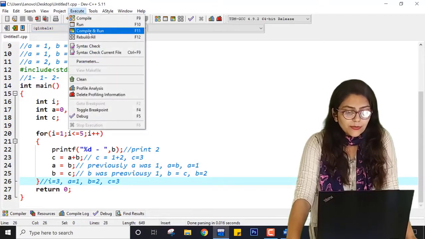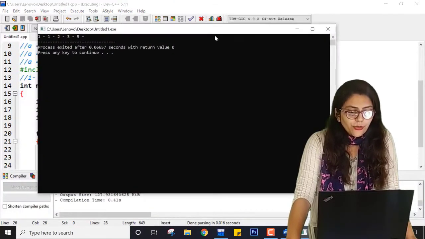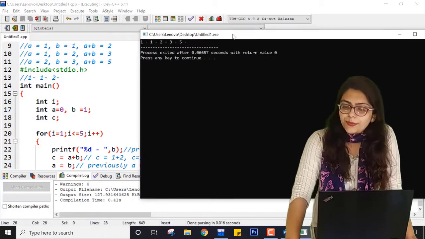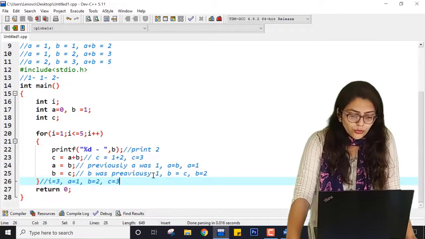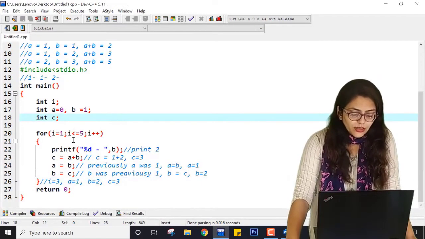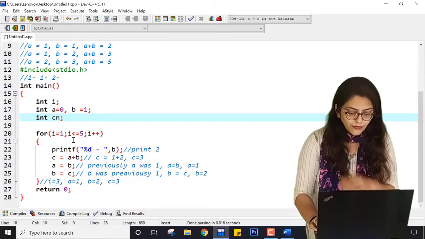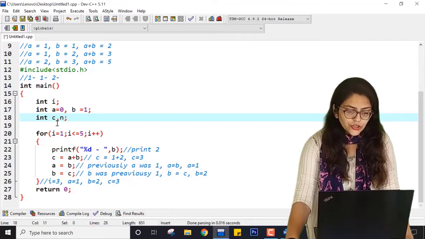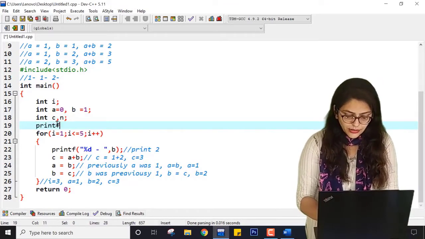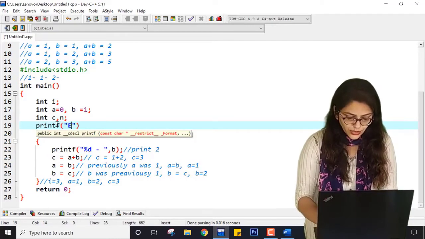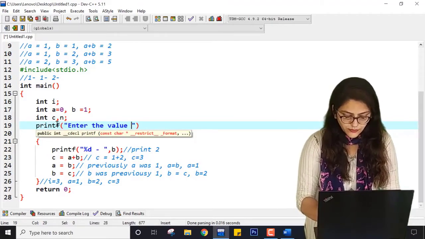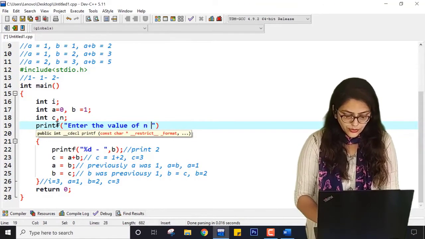Now let me just save this program, compile it and run it. You can see 1, 1, 2, 3, 5 is printed. So now if I want to take a value from the user by asking the value of n, what can I do? I can simply write printf, enter the value of n, right?